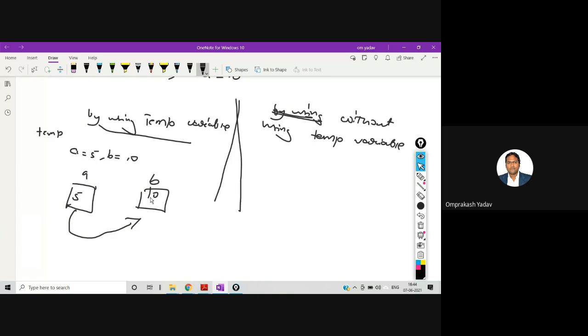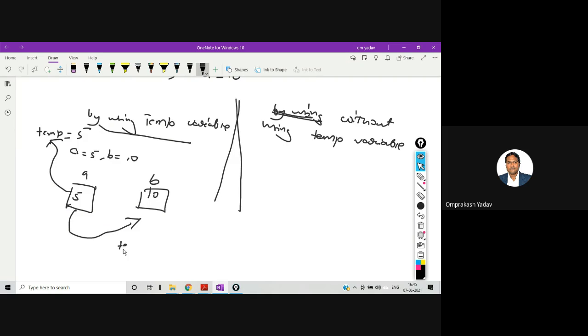So what I can do, I can store this value of A inside some other variable. I'll store A's value inside this temp variable first. Once I store A's value inside temp, temp will have 5. Now I can overwrite A's value because I have already preserved it in another variable.